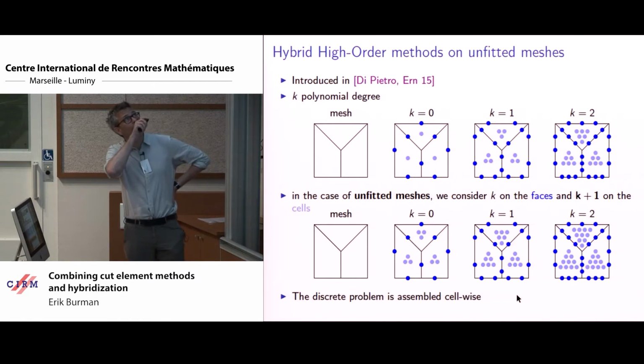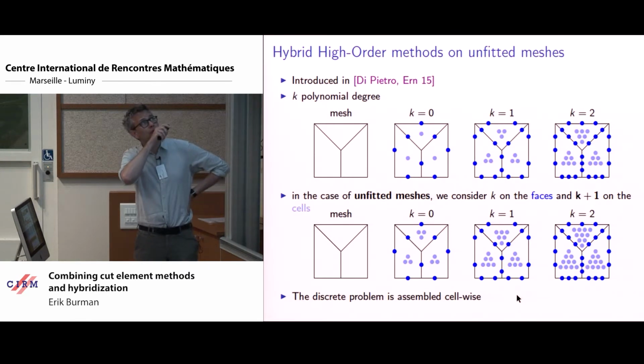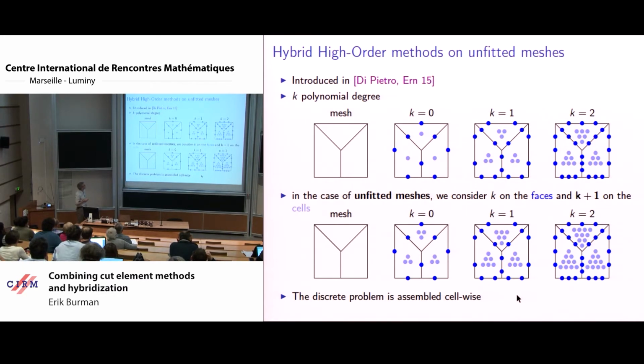So the hybrid high order method was introduced by Daniele and Alexandre in 2015. And typically you have a mesh, and so I should say that, I'm sorry, this is now a merge of two different presentations, and since the notations in the figures were different, I had to follow that. So now K is the polynomial degree instead of P. Sorry about that. So we have a mesh, we introduce face unknowns and cell unknowns, and typically in the standard HHO method,